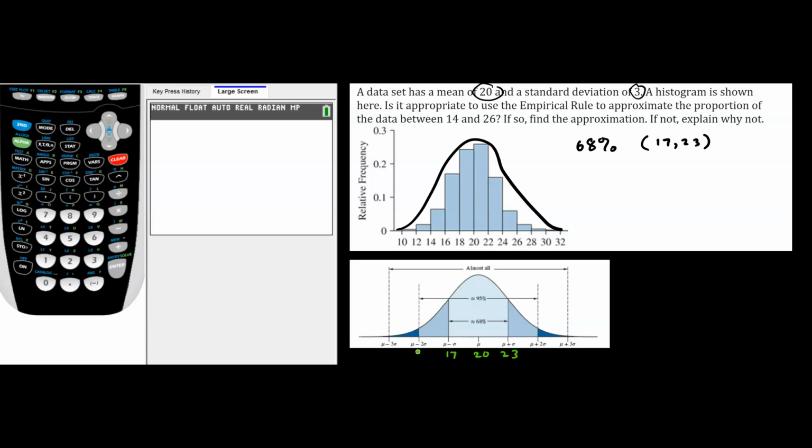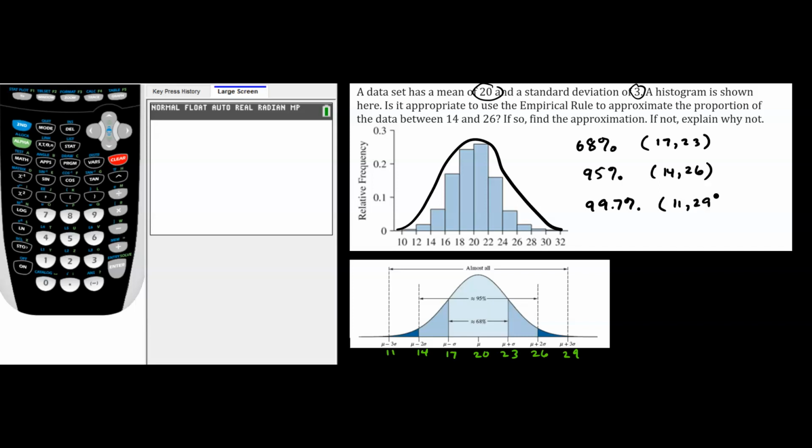Let's deviate another standard deviation. So that's going to give me a range of 14 to 26. And so in this case, we can clearly see the empirical rule is saying 95% of the data is between 14 and 26. And we could do this one more time. If we started at 20 and we deviated 3 standard deviations on either side, then I get an interval from 11 to 29. And the empirical rule here is saying 99.7% of the data in our distribution is between